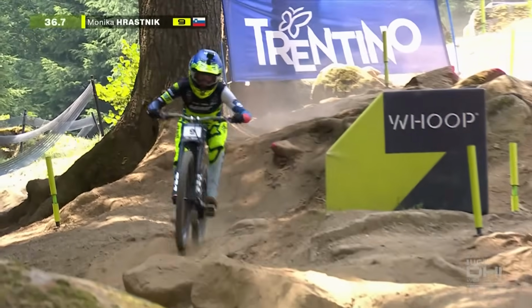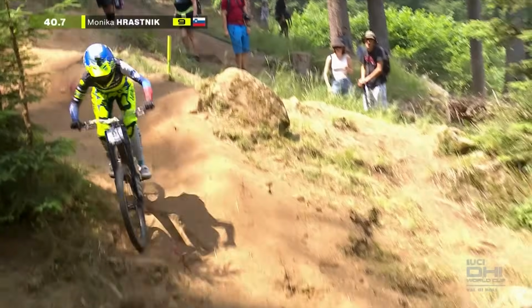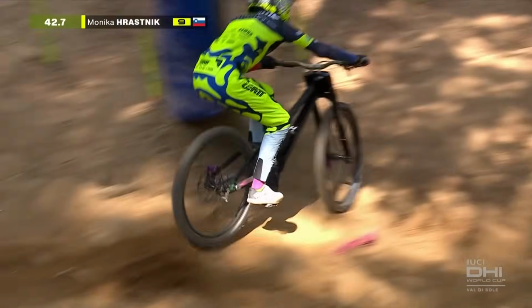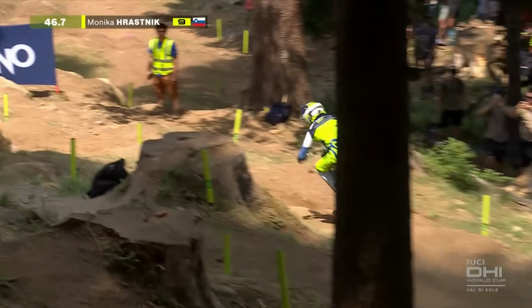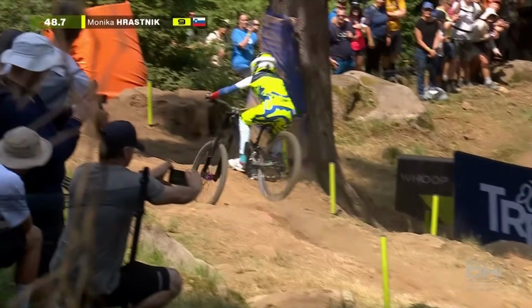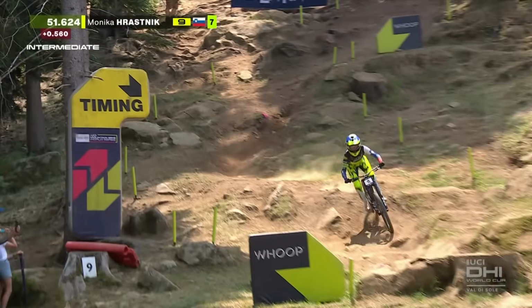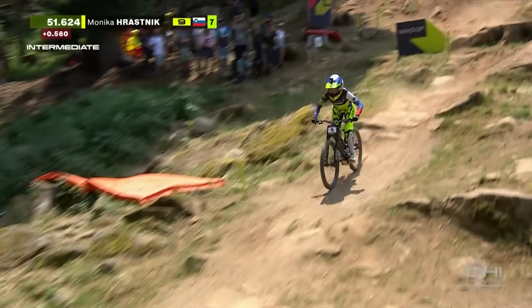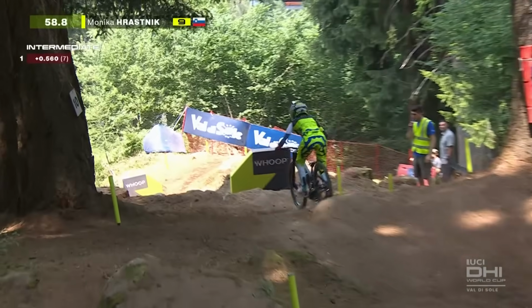Monica Rasnick on that Gamux bike. Swiss engineered. And these bikes have looked really good this weekend from all the riders. I mean, the track being this rough, they're going for obviously a more comfortable ride. The bikes flex more. They're heavier with the gearbox, the weight distribution, and on this track they look like they're excelling under these riders. Rasnick half a second back at the first split, going for her debut win should she